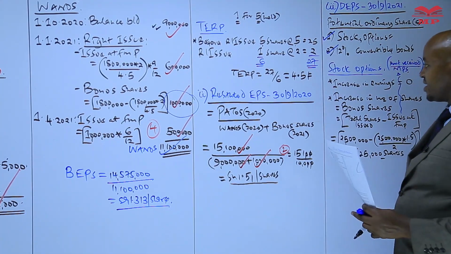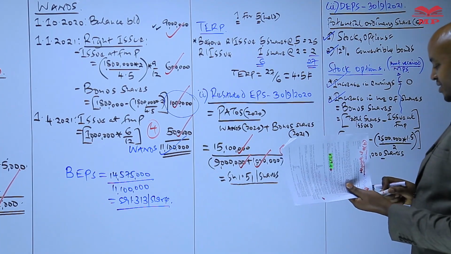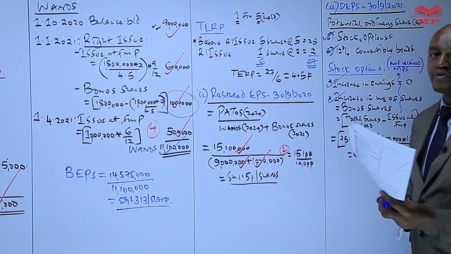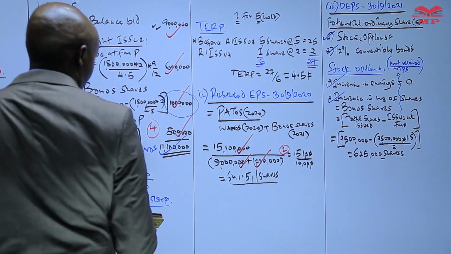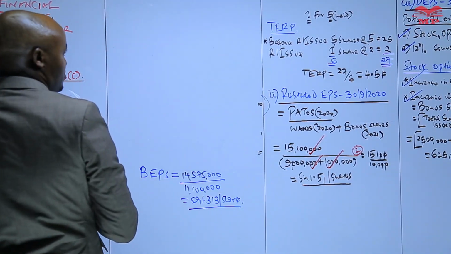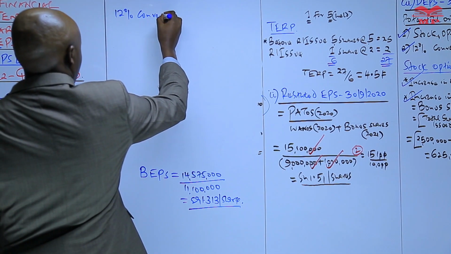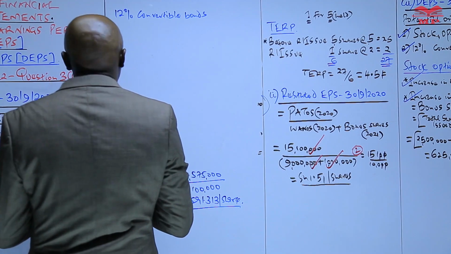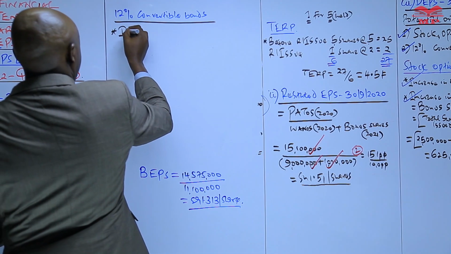So we need to proceed and deal with the other potential ordinary share, and that is the 12% convertible bonds, where we need to compute the increase in earnings and also the increase in number of shares. So we have 12% convertible bonds. We start by computing the increase